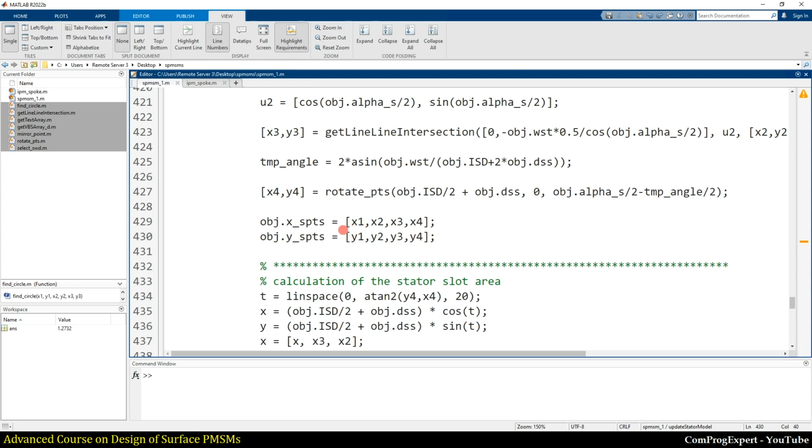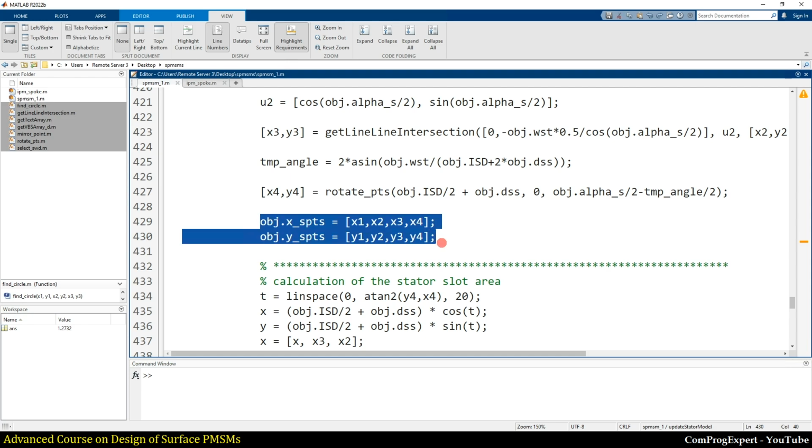And finally, we can store the coordinates of these 4 important points to generate the geometry of the stator lamination later. Here we calculate the stator slot area to calculate the stator lamination and weight.